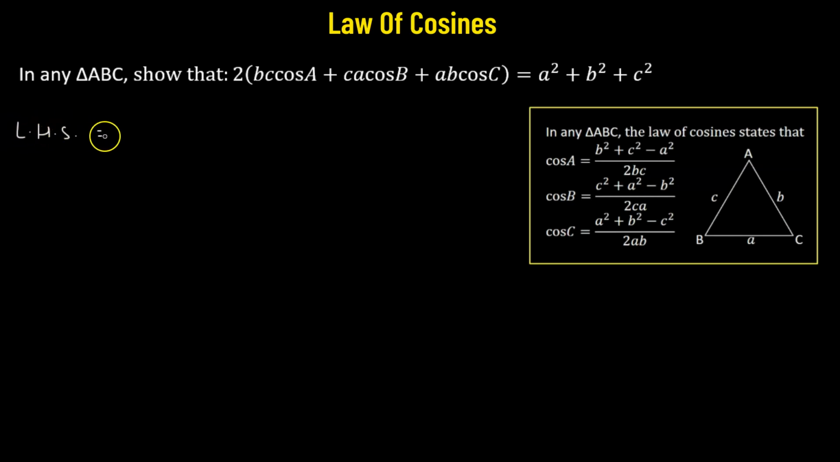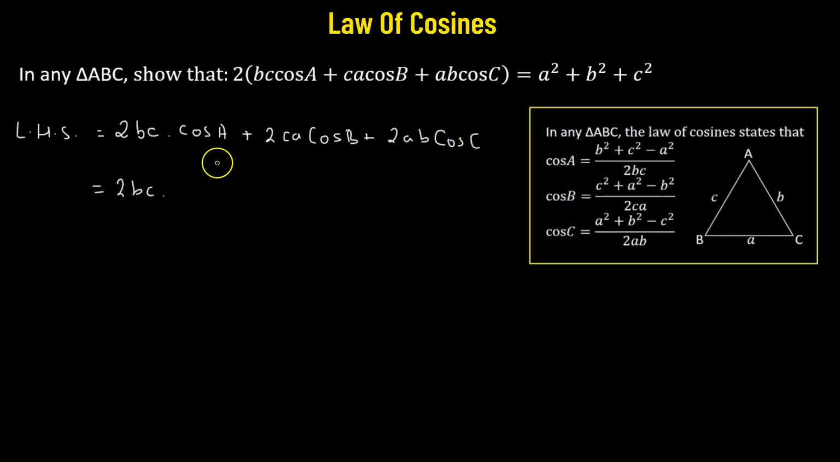So here we have 2 multiplied by BC cosine A plus CA cosine B plus AB cosine C. We're going to multiply 2 into each of the terms. So we have 2 times BC multiplied by cosine of A. Then the second term we have 2 times CA multiplied by cosine of B. And in the third term we have 2 times AB multiplied by cosine of C, which gives us 2 times